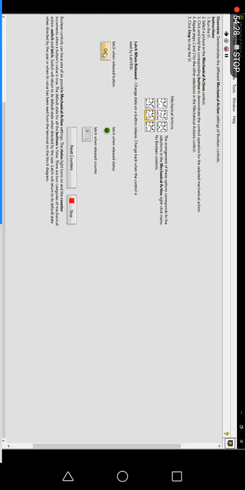So I am pressing now. Now I am going to release it here. When you release it, one pulse will come, then the counter will acquire the value 1, then go back to the false value. So again I am doing that. I am pressing now. The state will change only when releasing. So now it is on for 1 second, then it goes back to the false value. Okay, that is latch when released.